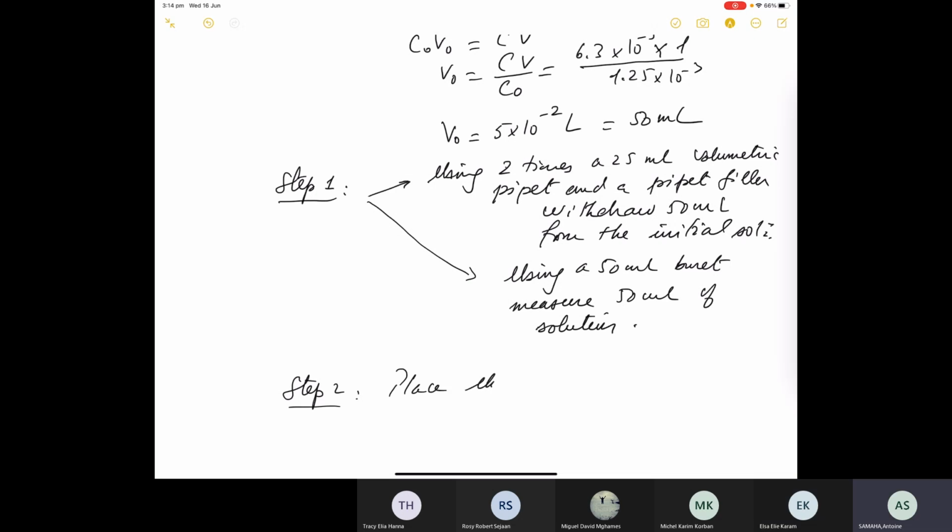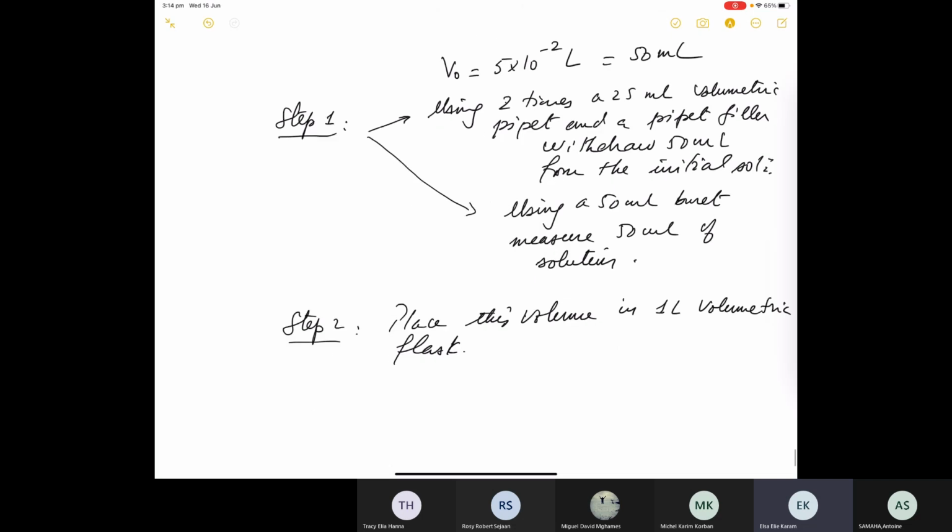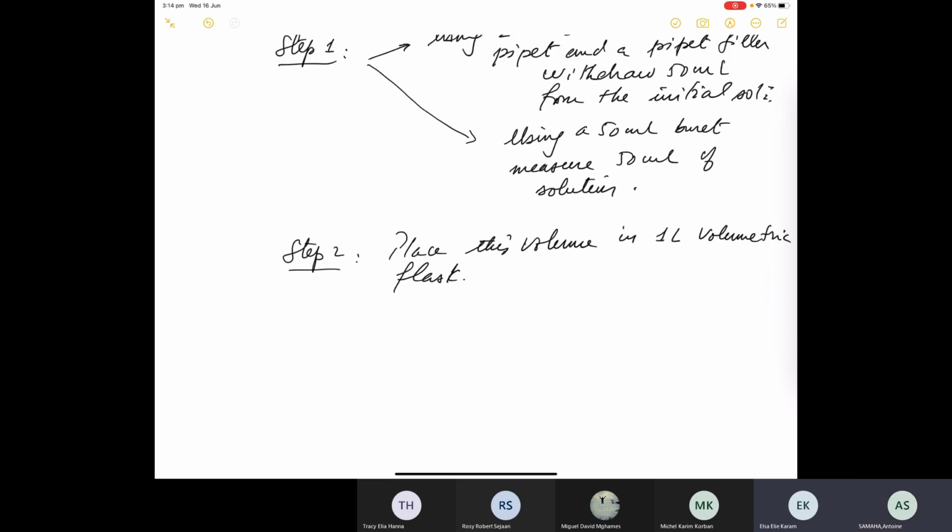Place this volume in the volumetric flask. What is the volume of the volumetric flask here? What is the volume of the volumetric flask? It says prepare 1 liter, so the volumetric flask must be 1 liter capacity. Okay. Step 3,